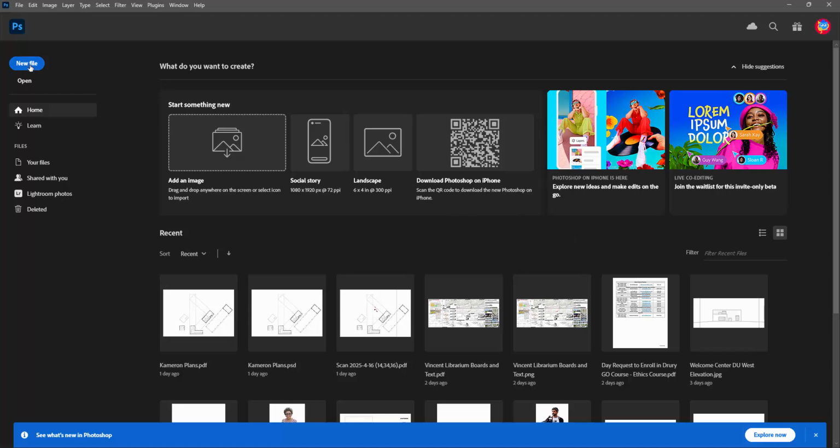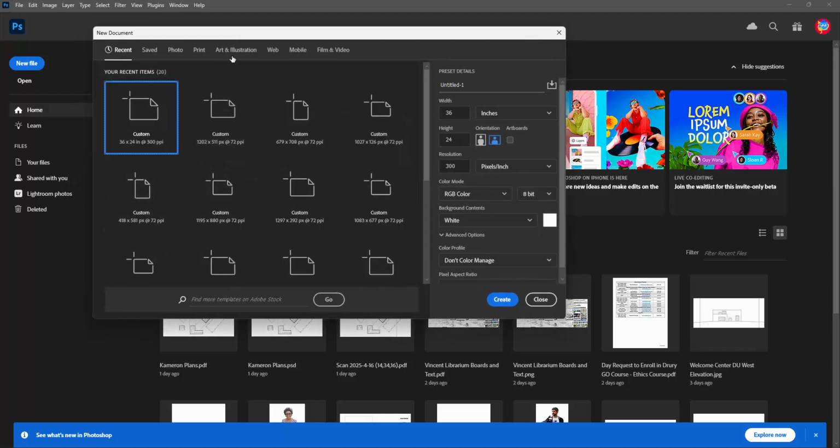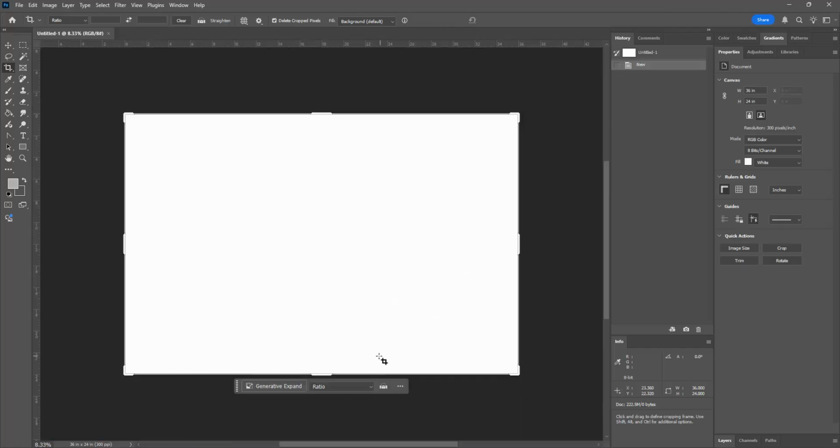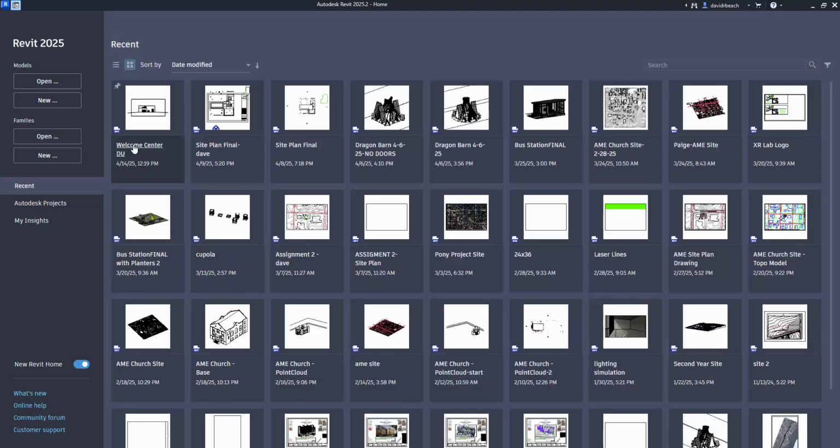So I'm going to go to New File in Photoshop, New File, there we go, and I'm going to set up a really standard ArchD page, 36 inches wide by 24 inches tall at 300 dpi, and hit create. So this 24 by 36 by 300 dpi, super important parameters to remember as we go into Revit and open